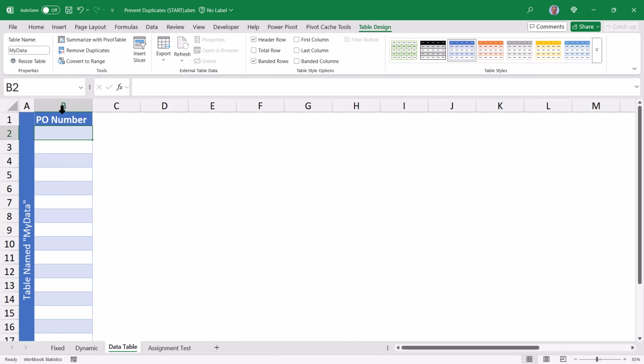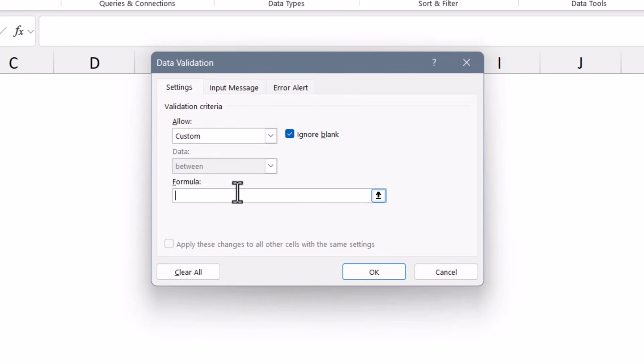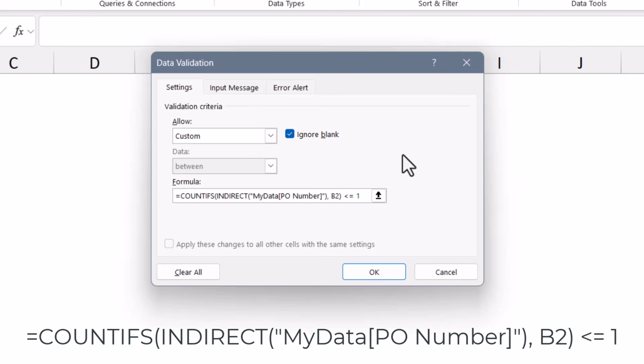So just above the word PO number, I'll give it one click to select the PO number field. We'll go to Data, then Data Validation. I'll set this to custom, and the formula will be this. Notice inside of this formula, I'm using an indirect function, and many Excel users will object to the use of